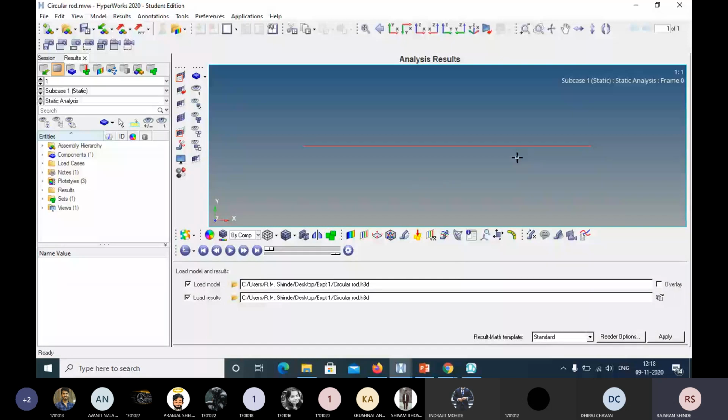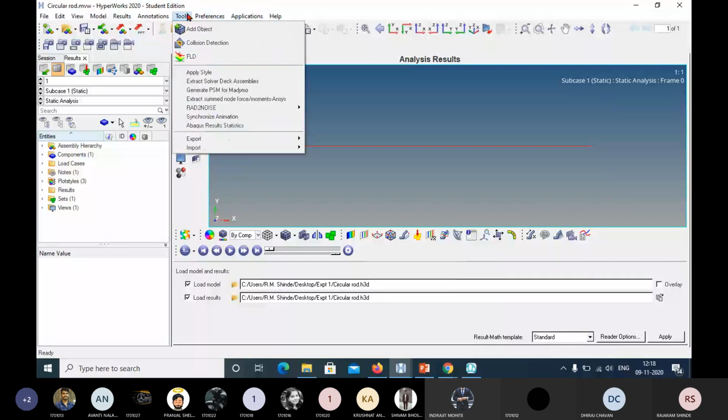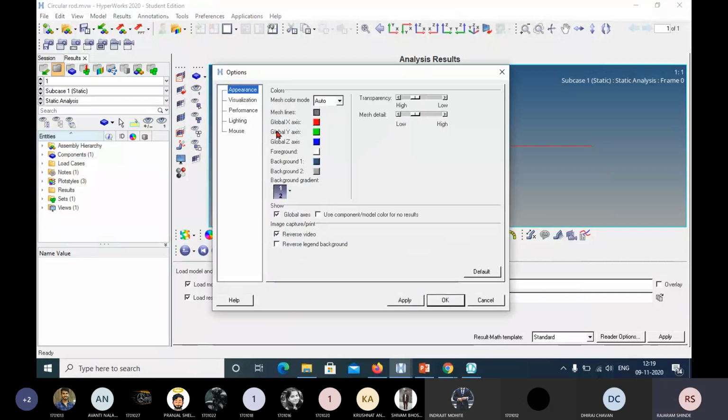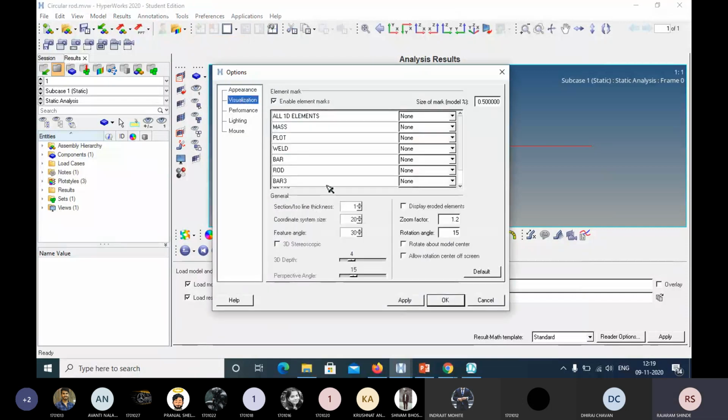If you want to check 3D representation of it, go to preferences, options, in options, visualization, and for rod there is no visualization.